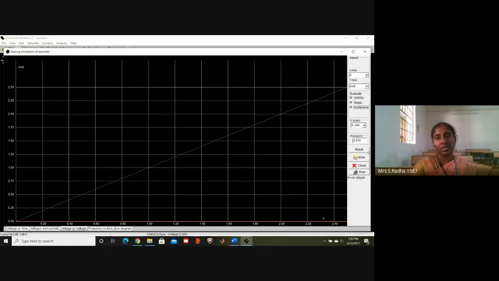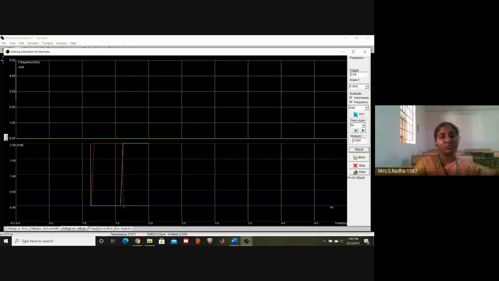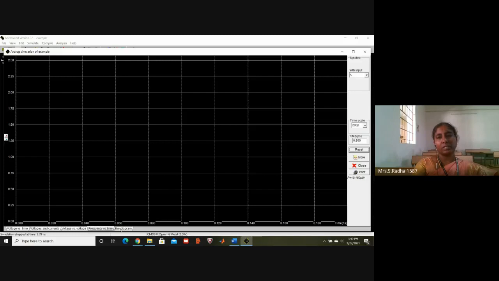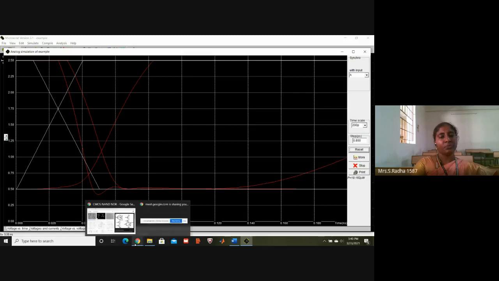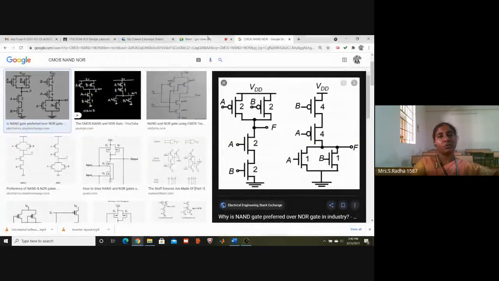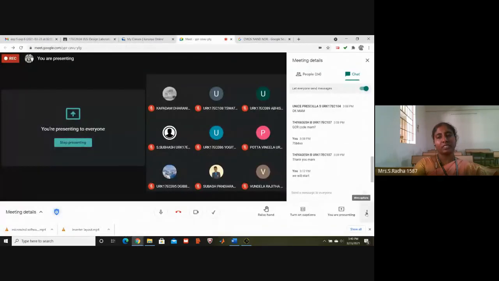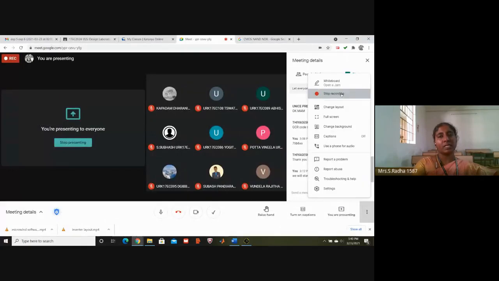Coming to the third one, you can also select all of this and check whether you are getting any waveforms. The VTC waveform is coming. Whatever display is there, you can just take it. NAND also you can try something like this. This is the VTC graph. The fourth and fifth are not very preferable. If you want, you can put the eye diagram in the submission file as well. If you click on the reset button, the graphs will come in every window. This is about NOR gate operation. The layout is working successfully.